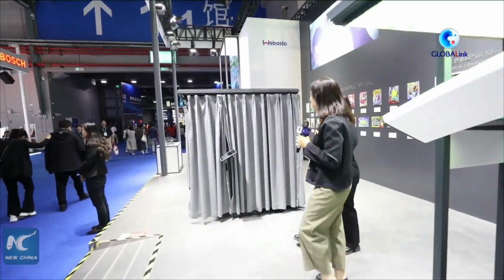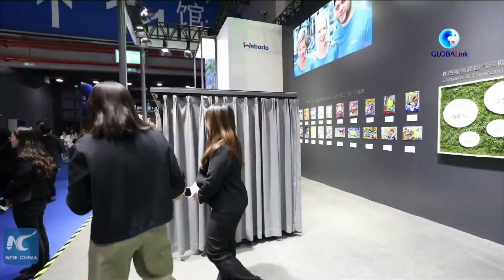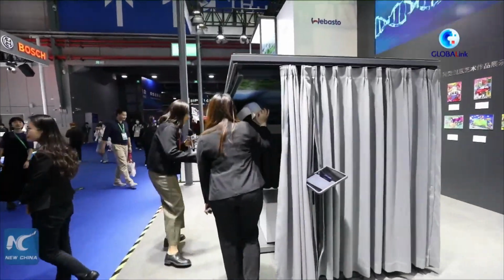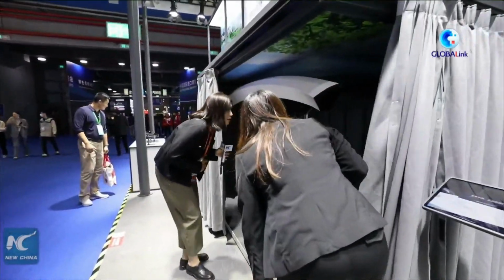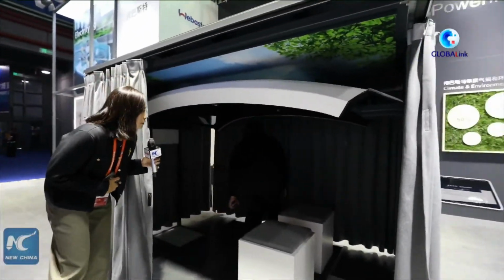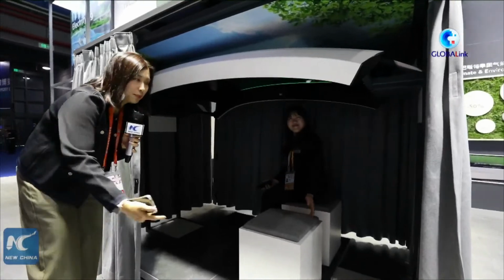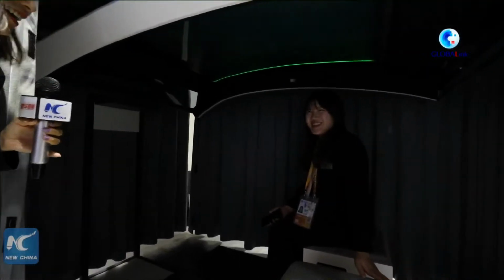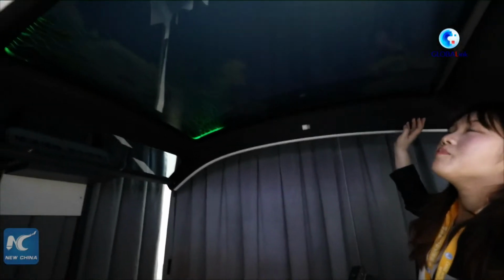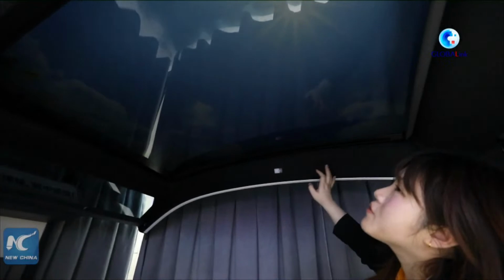Okay, so let's see another interesting stuff. This one. You have the curtain all around. Yeah, because we want to show the ambient lights. This dynamic ambient lights. Okay, so this time I want my cameraman to sit down. It's not easy for him to do this. Okay. This ambient light roof provides